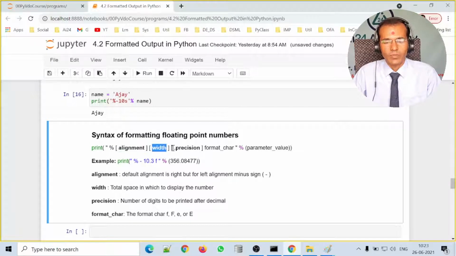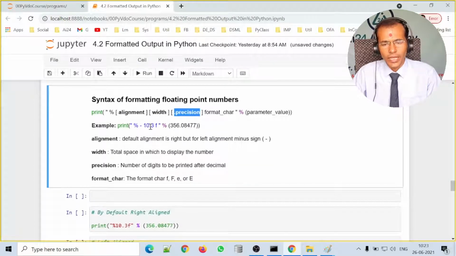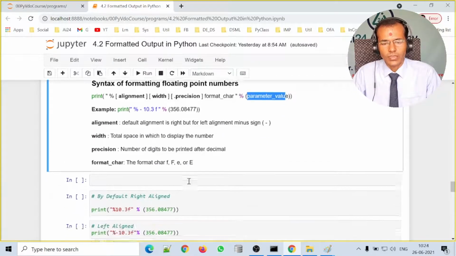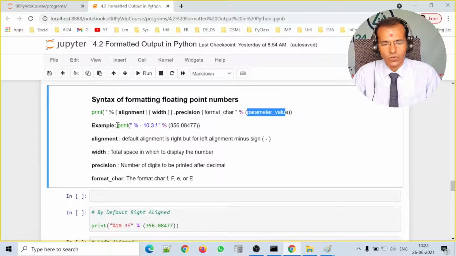Then total character space, precision, which means how many digits we want to print after the point, and then the format character. These are the four options for format character: small f, capital F, and if you want to print the floating point number using the exponent, then we can use the small e or capital E. Here we have a single parameter, or we can have multiple parameter values or multiple variables also.